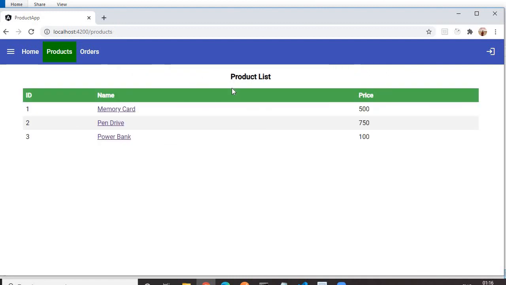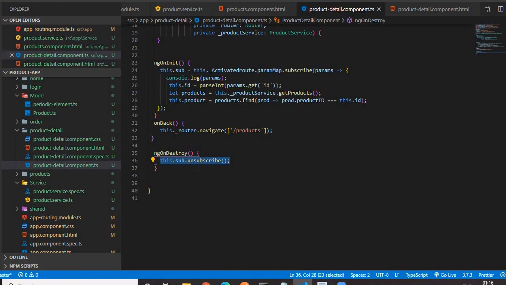As I am navigated from product detail to product list, our product detail component is getting destroyed. So this line will be executed and it will unsubscribe the observable. This is a best practice. We need to unsubscribe all subscriptions for better performance of our application.